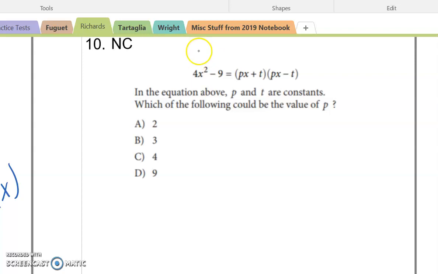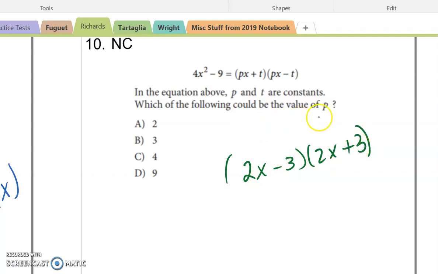Next problem. I only have 10 seconds. We're going to factor it to 2x minus 3 and 2x plus 3. And you're going to see that they want to know what could be the value